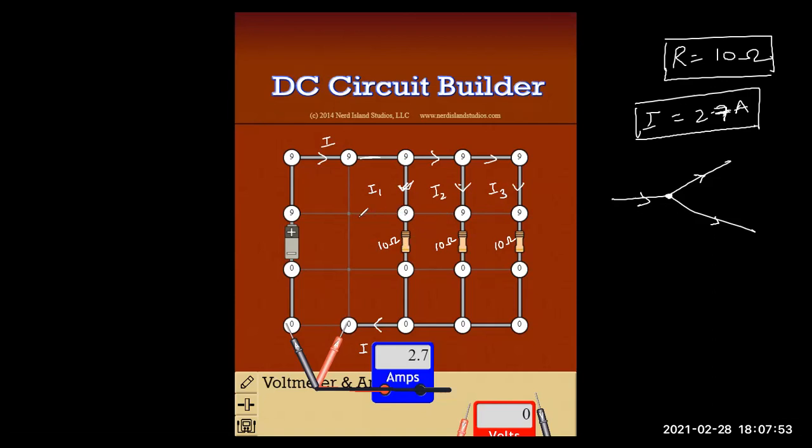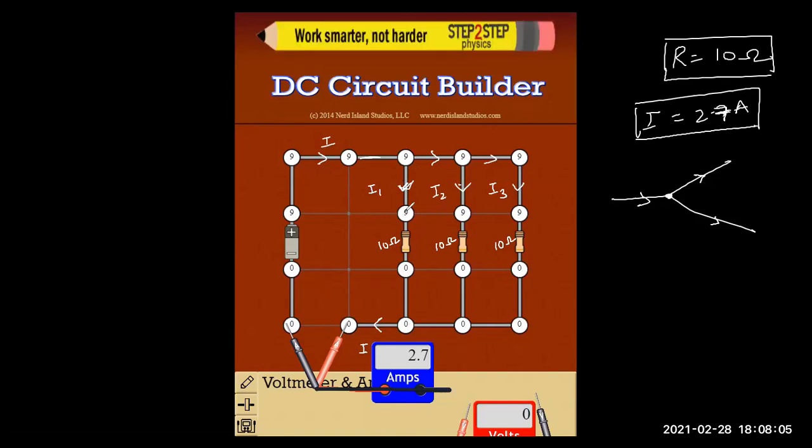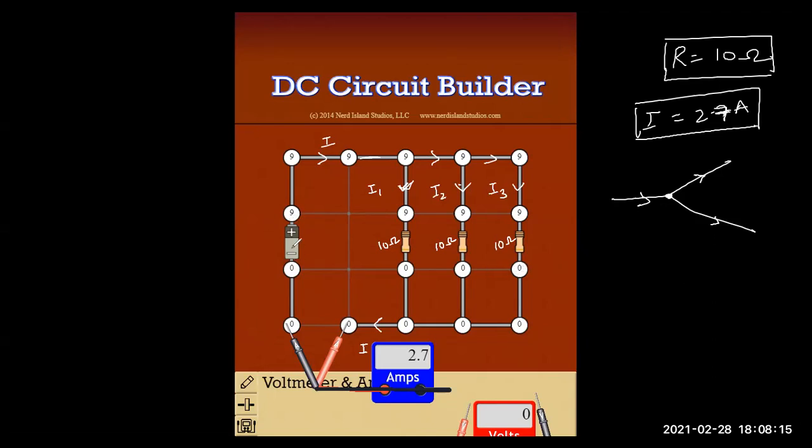So you can see the potential difference across this resistor, how much it is. Now see one very amazing thing over here. Potential difference across each resistor is 9 volts. Do you see this, children? 9 minus 0, it's 9 volts. 9 minus 0 again 9 volts. 9 minus 0 again 9 volts. And if you see the potential difference across this battery, it's also 9 volts. That means potential difference across each resistor is the same as that of the battery.